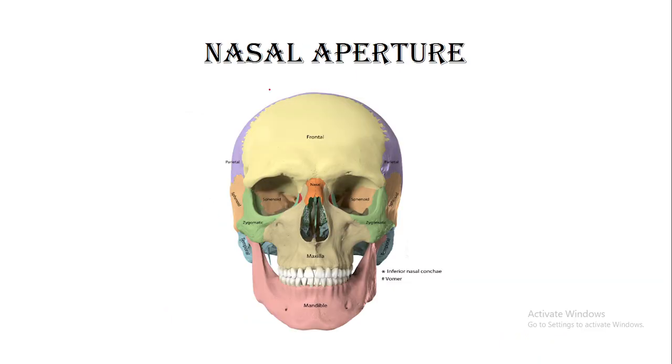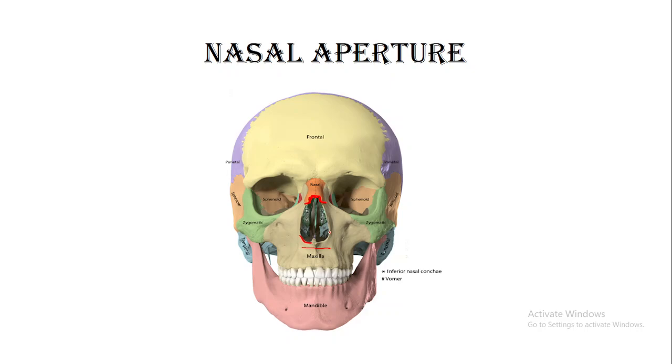So next, we learn about the nasal aperture and nasal bone. The nasal aperture is the pear-shaped opening, which is also called the pyriform aperture. It is wider below as compared to above, narrower above. The boundaries of the pyriform aperture are: above, there is the presence of the nasal bone, the lower border of the nasal bones on both sides, and below, the pyriform aperture is formed by the nasal notch of the maxillary bone